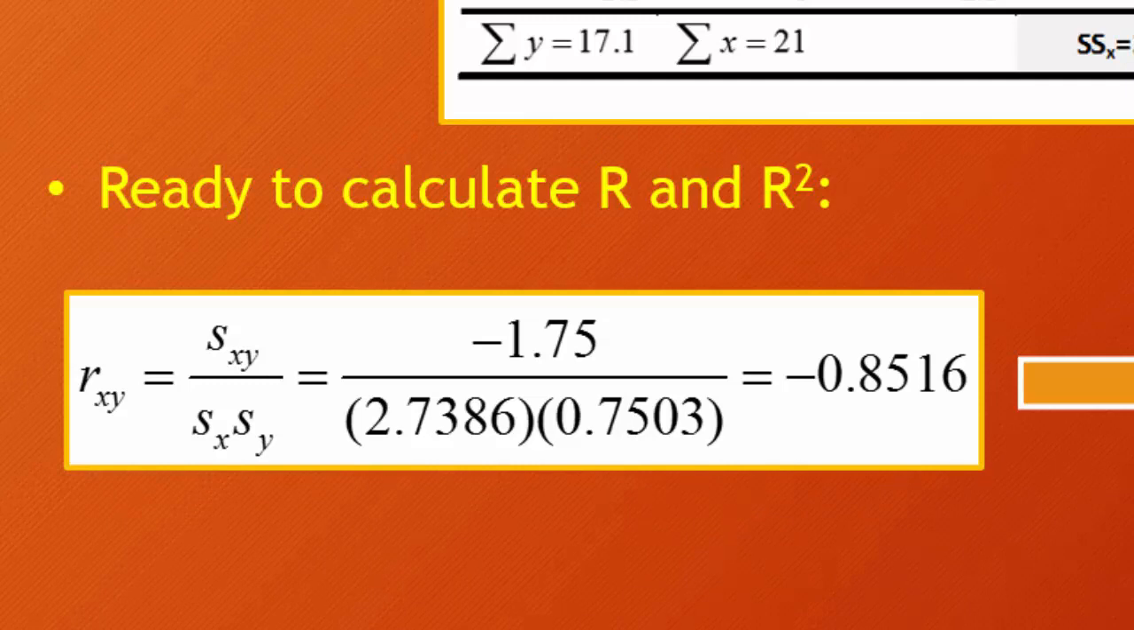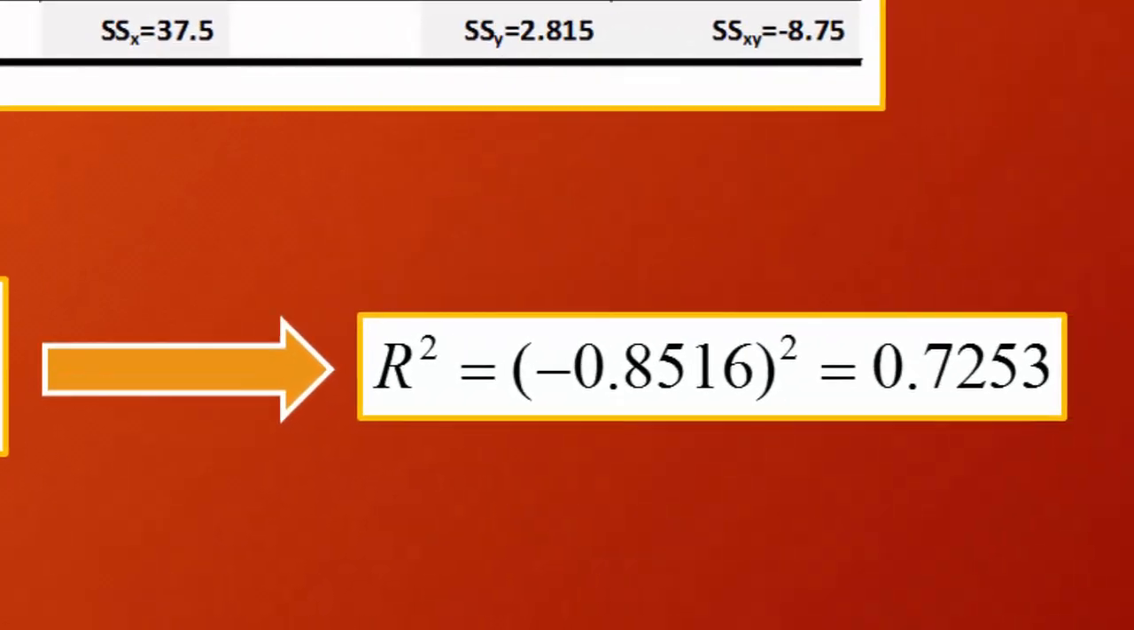So we have r. We know it's a negative relationship. We know it's a very strong relationship with that negative 0.85. And when we square the value, we get r squared. And in this case, we get an r squared of 0.7253. Now, that's telling us something else very interesting. It's telling us, this is a proportion now,